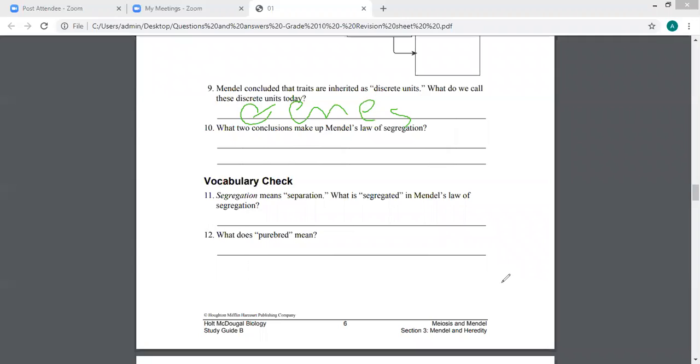Yeah, uniform, similar. Okay? Genetically